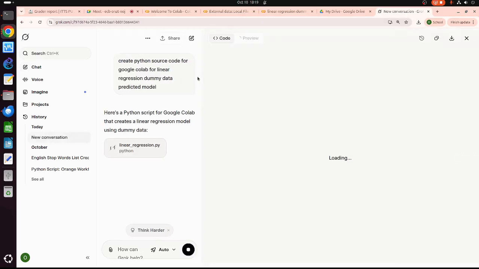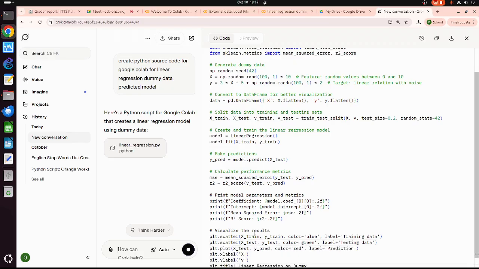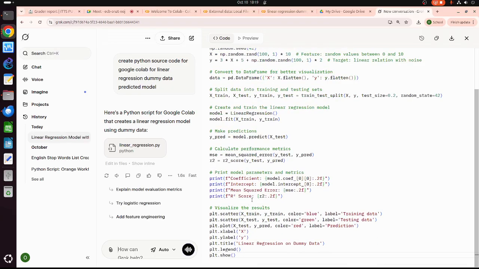Oh, I need to say that I need to visualize the data as well. So it plots scatter, and then also plots the prediction.